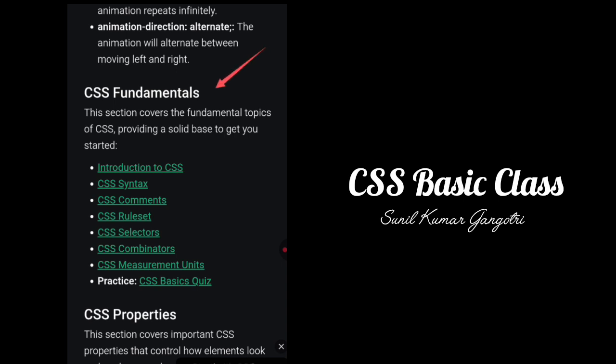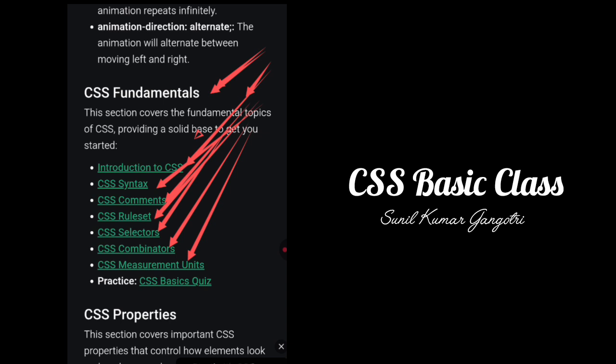These sections cover fundamental topics, providing a solid introduction: CSS syntax, CSS comments, CSS rule set, CSS selectors, CSS combinators,